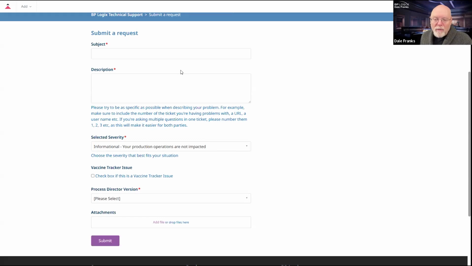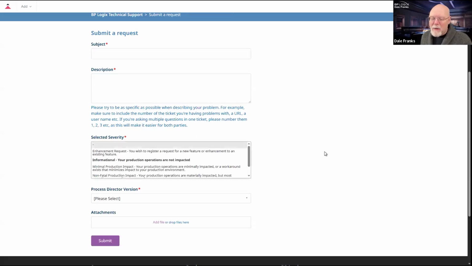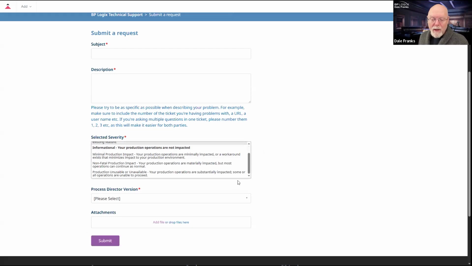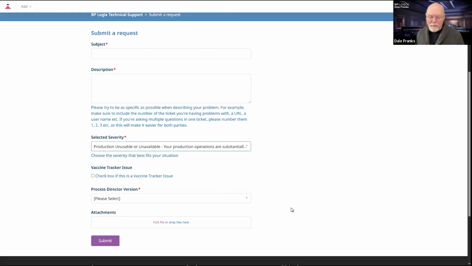So the support ticket form, we just need you to type in the subject, the description, and then the severity of the issue. Let's talk about severity levels so that we're all clear on what they mean. Production unusable or unavailable. That is our highest severity level. And it means exactly what it says. Your production server is inaccessible.